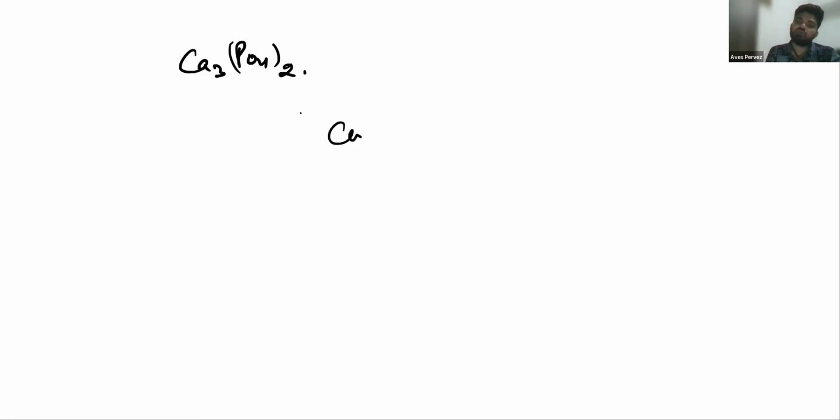Then again, you will say that don't write 3 and 2 here. But whenever it is written, you have to write calcium as Ca 2 positive and PO4 minus 2, sorry, minus 3. The PO4 ion, you need to memorize the valency correctly, okay? Or otherwise you will not be able to solve it.